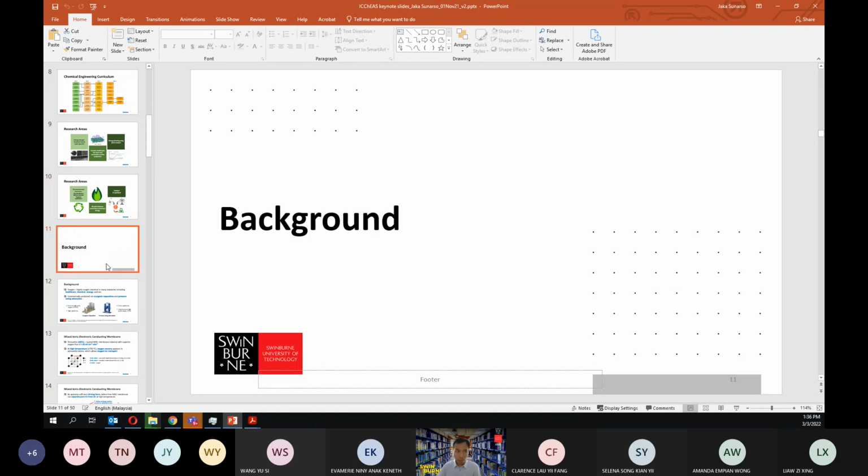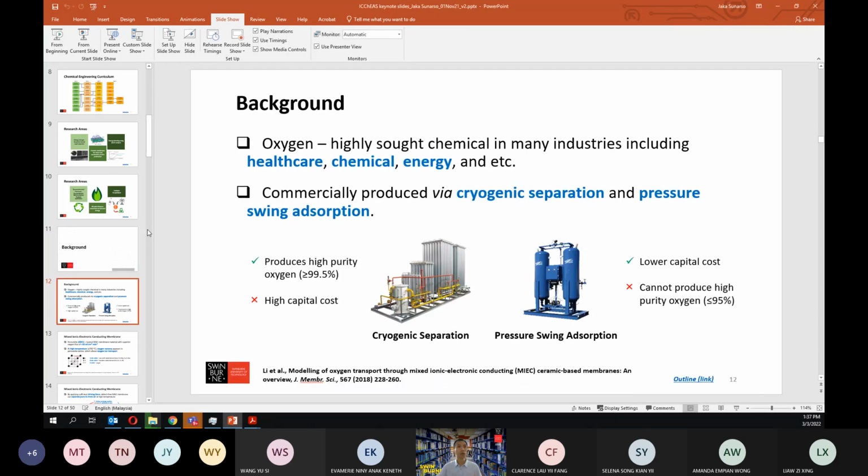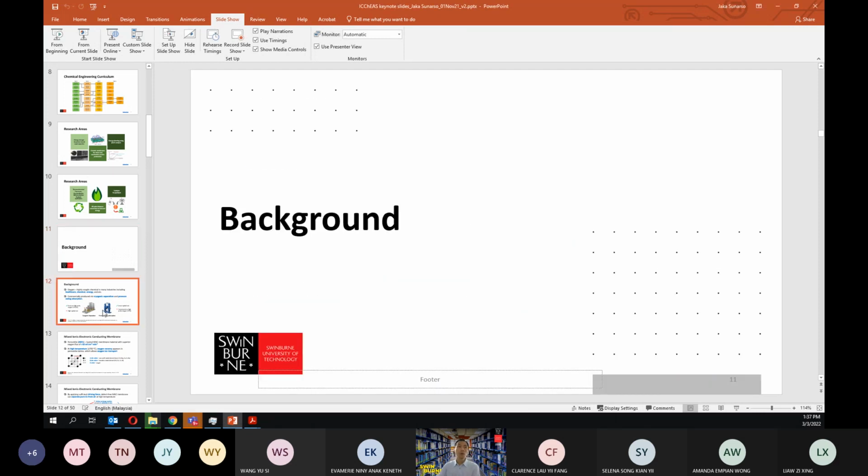Okay, so I will not go deep into these things, but it's just to give you a little bit of flavor of what you can do with process modeling later on. So I'll just make it full screen in here. So you may ask me, sir, what is the background of this? Why did I share this one? What about this technology?